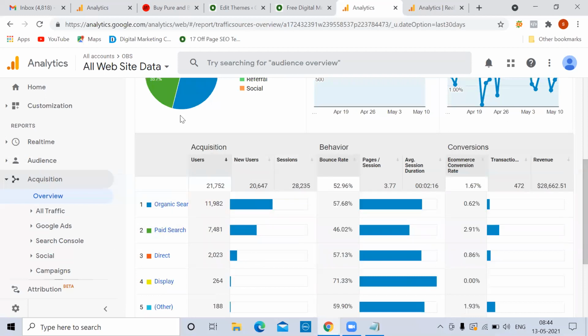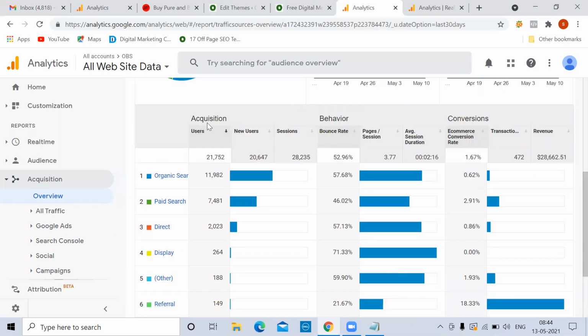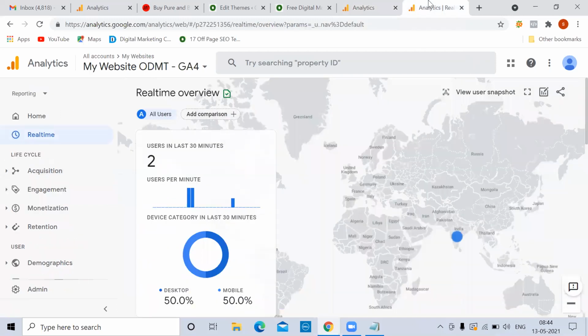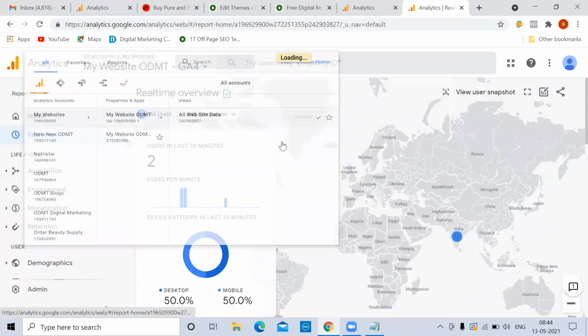Now, they divide it into organic search, how many users, paid search. When you're doing this in Google Analytics, you can link. I'm going to UA.